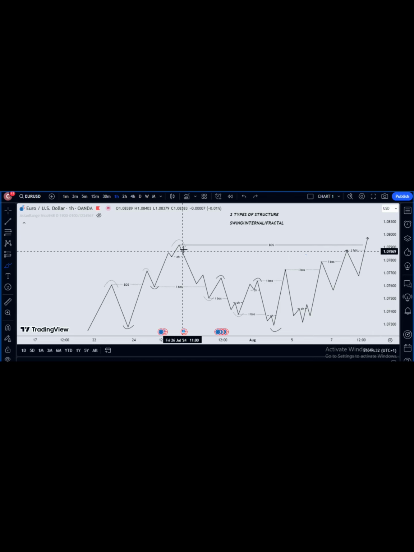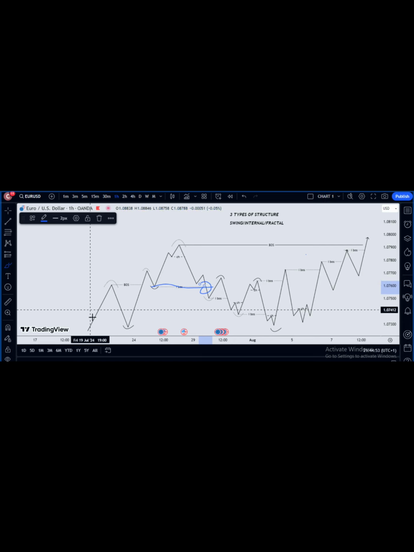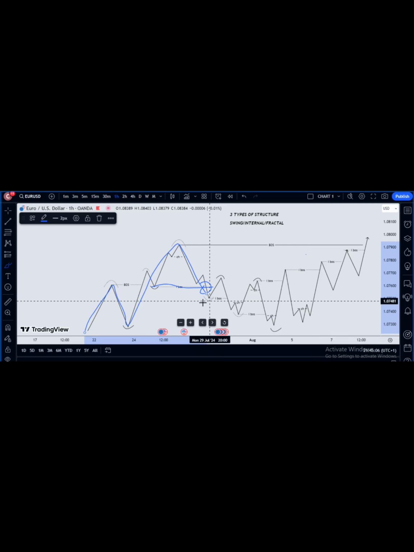Okay, now, why I-BOS, this internal break of structure, actually signifies a swing reversal, a swing structure reversal. Okay, meaning when price breaks below here, it actually signifies that on the swing structure, we have made a higher high, we have made a higher low, now we have made a higher high here. Now when price was able to break here, it actually tells you